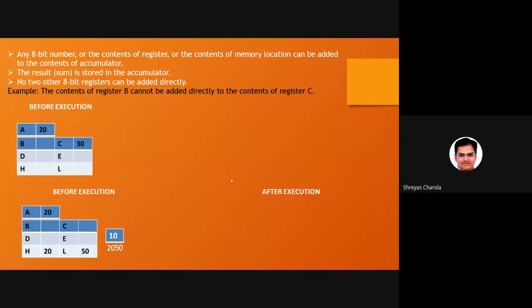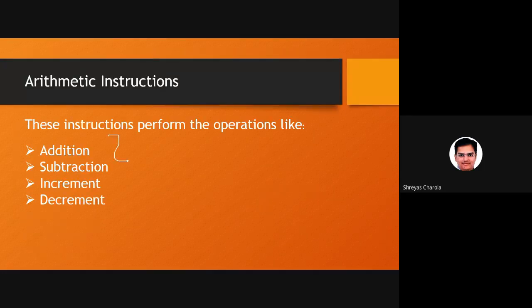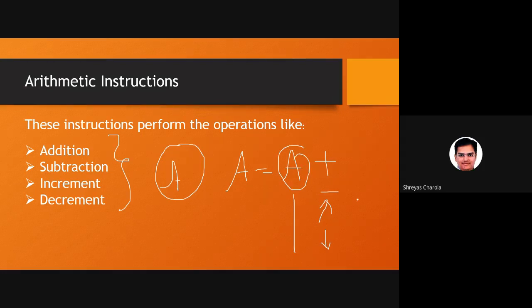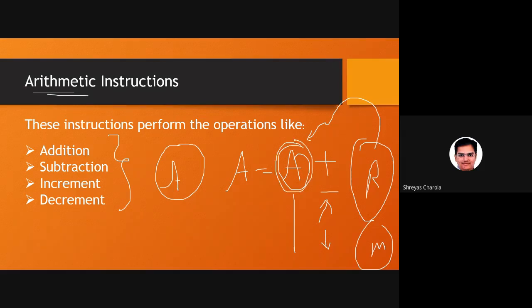Here, remember one more thing. Whenever you use any kind of operation, it is always performed with the accumulator only. That means A. Addition, subtraction, increment, decrement, all the things happen with the accumulator only. It might be any register or any memory location, but any kind of arithmetic operation will be performed with the accumulator, and the answer will always be stored in the accumulator, remember. Okay, is that rule clear, all of you? Yes, sir.